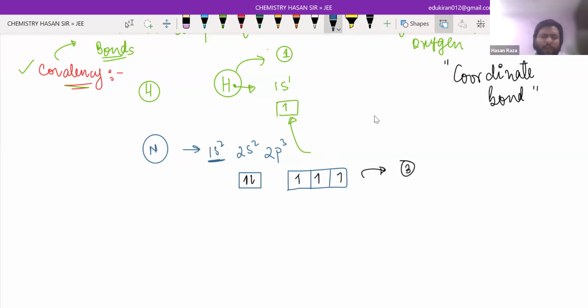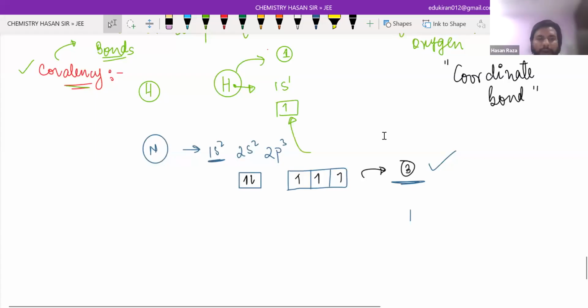Unequal sharing. Basically, you can see here the covalency in the first step is 3. And also the covalency of nitrogen is 4, because it can form a covalent bond with equal sharing, because it has 3 unpaired electrons and 1 paired electron, which is a lone pair. So it will donate its 1 electron to the element which requires it and then share the bond. Like if I'm going for NH3, you know that nitrogen has 5 electrons in its outermost shell, and